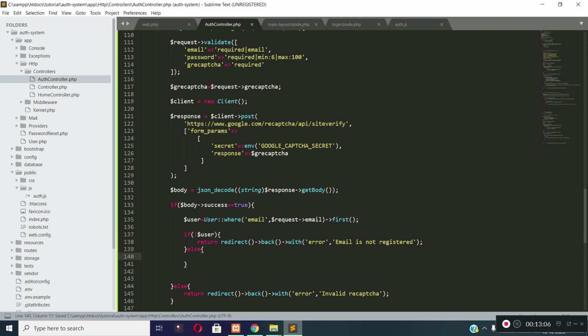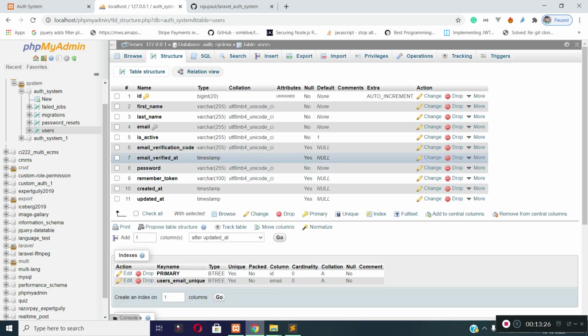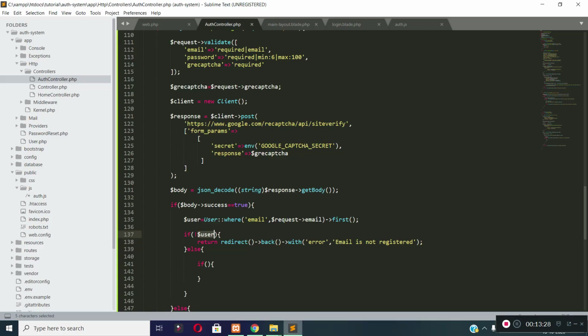And if there is a user with the email address, then I will check if the user has verified his email address or not. You can see we have a column email verified at inside our users table, and this column is by default null.